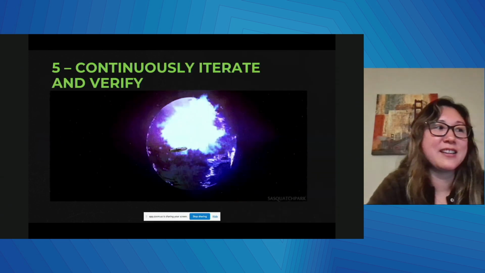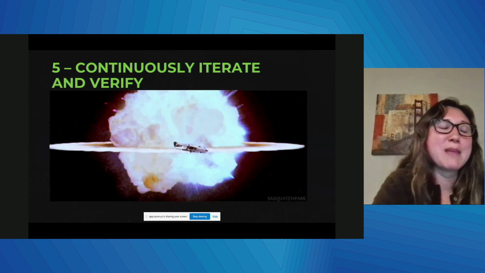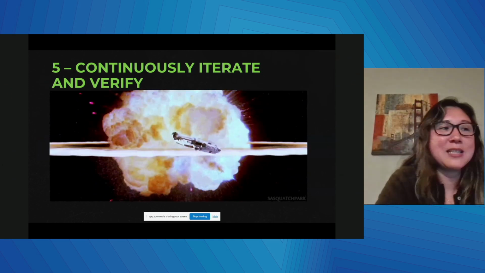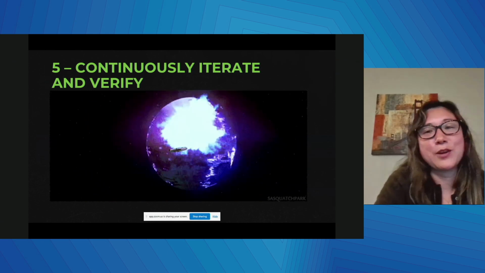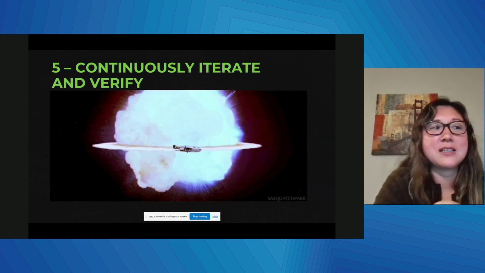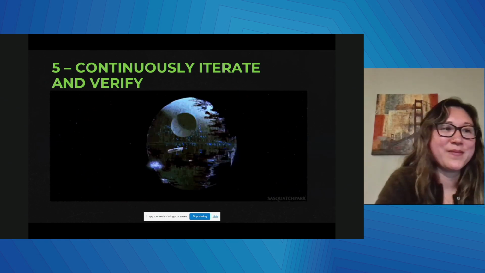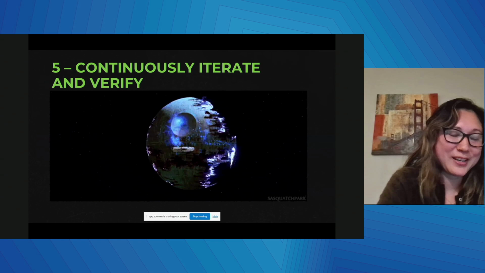And then last but not least, continuously iterate and verify. The Death Star's vulnerabilities may be fictitious, but the lessons we draw from them are highly applicable to real-world security challenges. By employing threat modeling, organizations can systematically identify potential threats and develop strategies to mitigate them, ultimately enhancing their security posture.